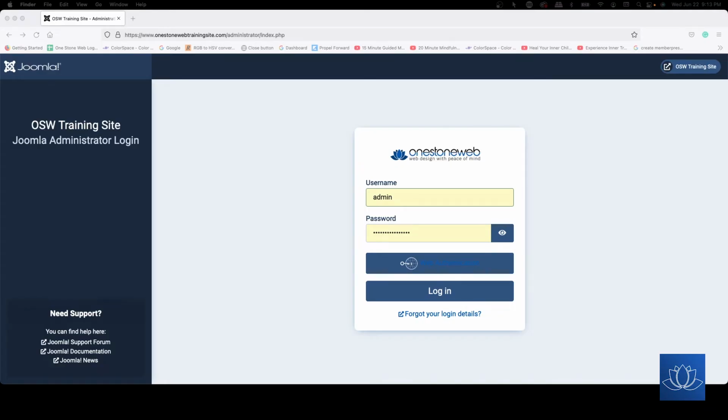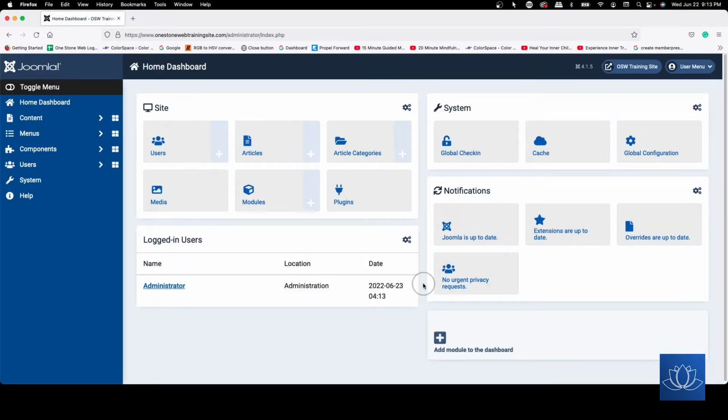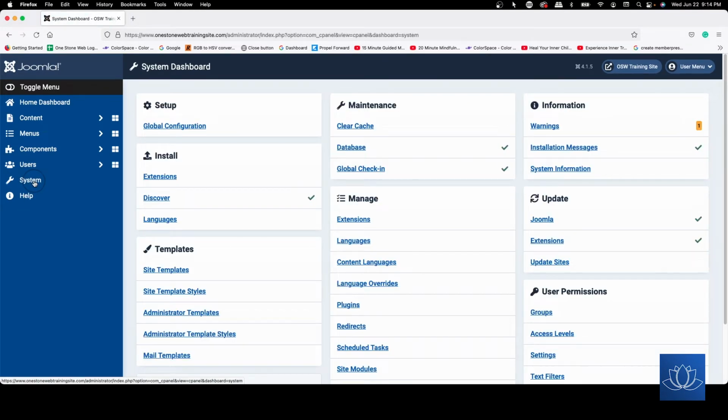So here we are in our fresh install of Joomla 4, and we're going to log in. And once you log in to the website, this is what the back end of Joomla 4 looks like. Basically this is the home dashboard, and it gives you any kind of notifications like we discussed before. What we want to do is come over here to System, and we want to